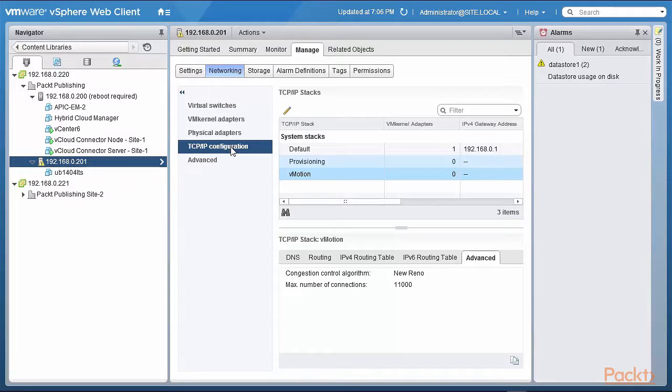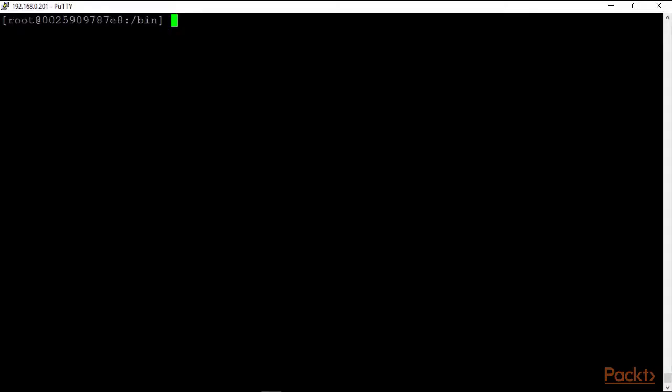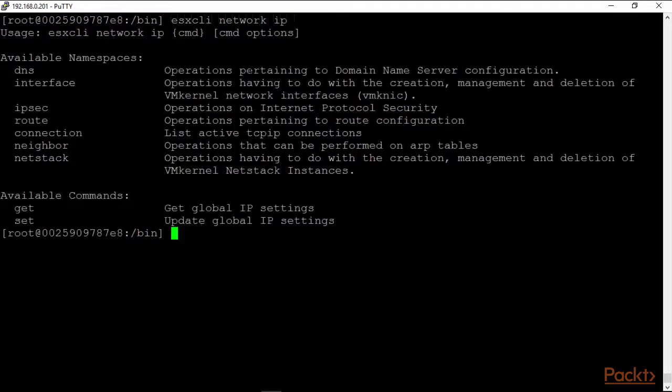And to do custom TCP/IP stacks, we have to go to the command line. So here we are at the command line for that same system .201. Let's key in esxcli network ip and hit the enter key. And we see that we have now a command called netstack, which is operations having to do with the creation, management, and deletion of VM kernel netstack instances. So I retrieve that, key in netstack,